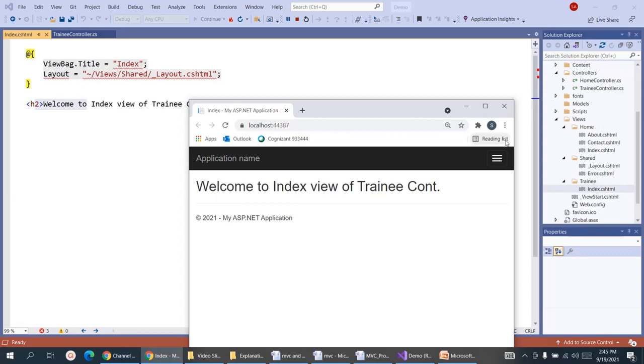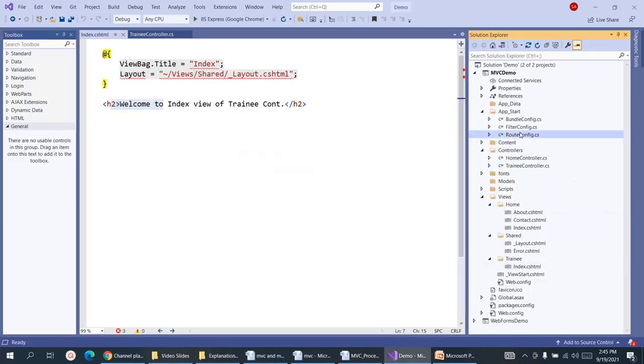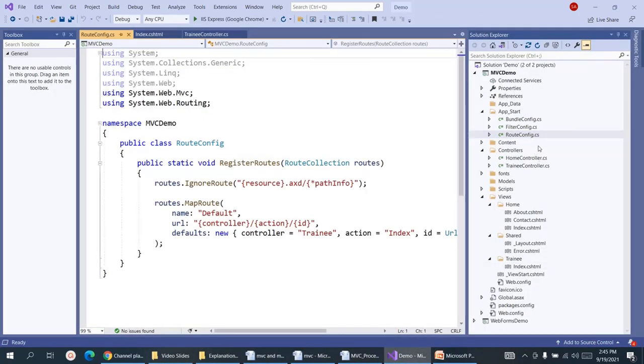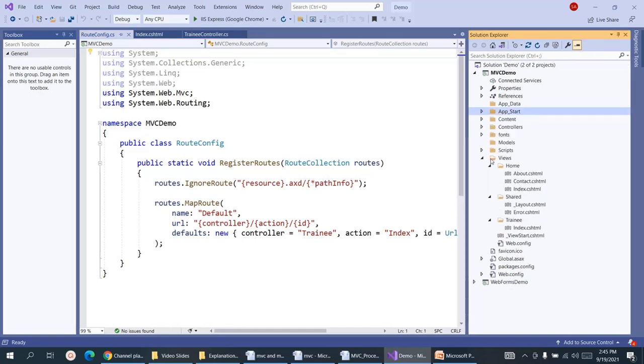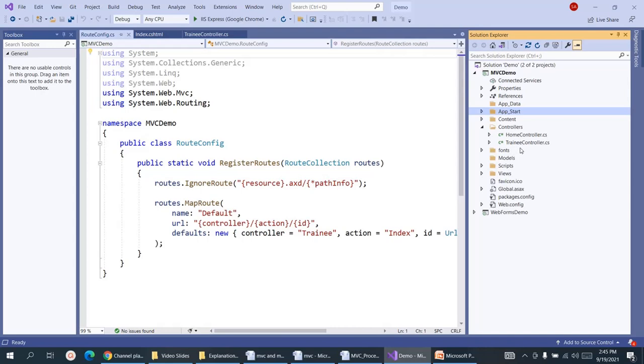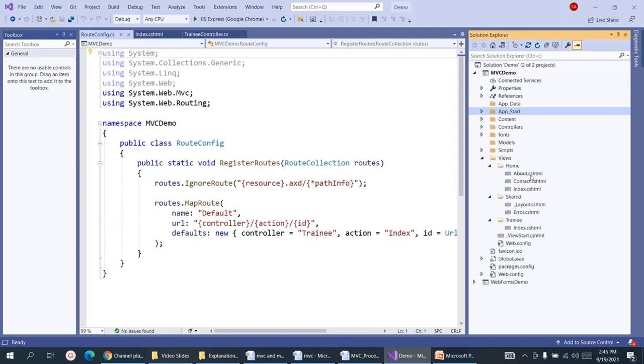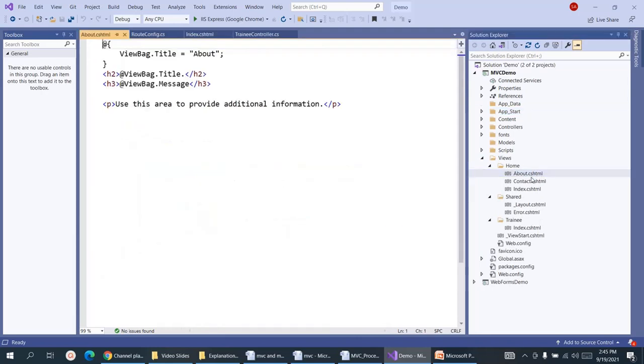In this lesson we learned how to create an MVC application, how to add an additional controller along with the default controller, the purpose of RouteConfig and how to use it, and the folder structures. The Controllers folder has the controller classes, and the Views folder has the cshtml files. Why is it cshtml? Because view files can have both C# code as well as HTML code. That's why the combination.